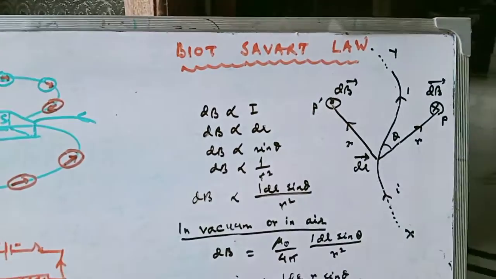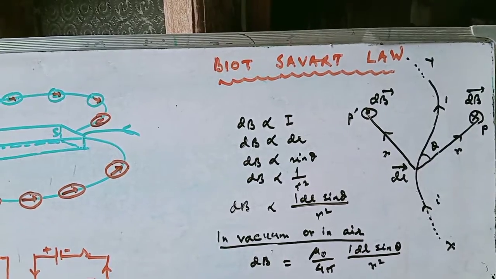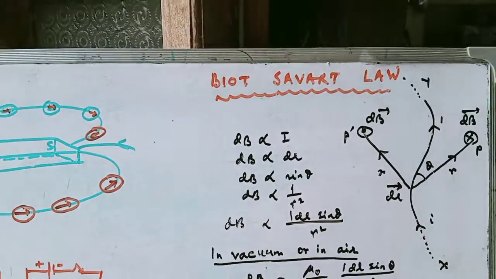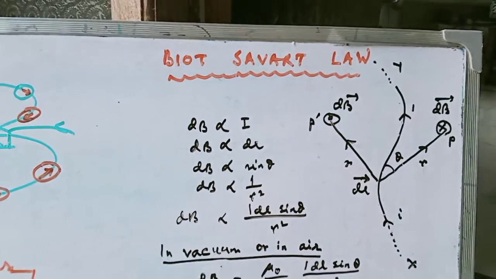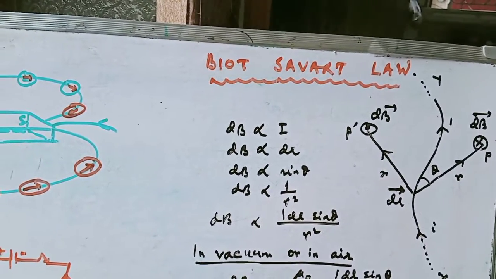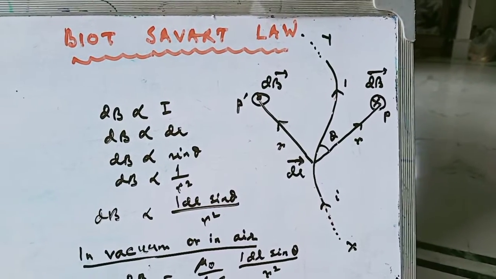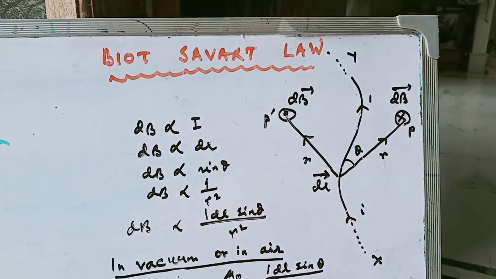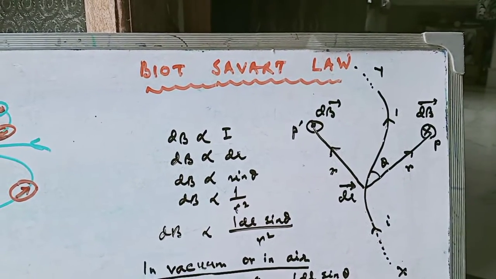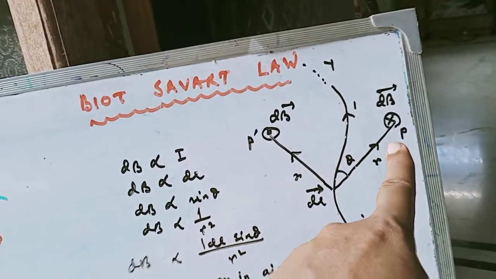While studying the various effects of the current, we consider the experiment conducted by Biot and Savart, and the law that we are going to derive is the Biot-Savart law. See here, XY is a conductor in the diagram, a conductor of any shape carrying a current I. Now P is a point in vacuum.